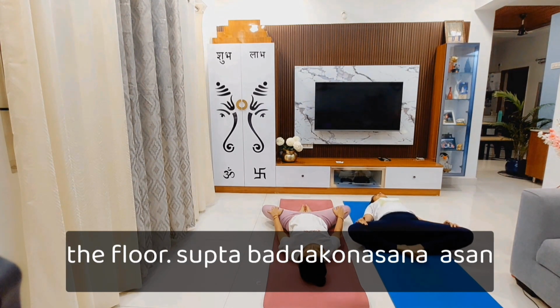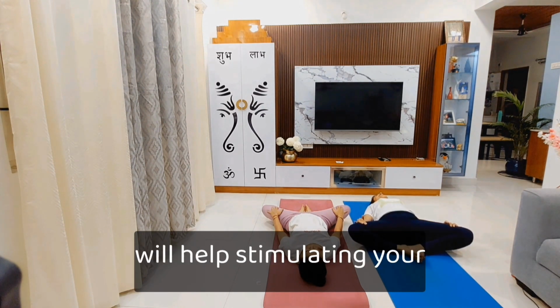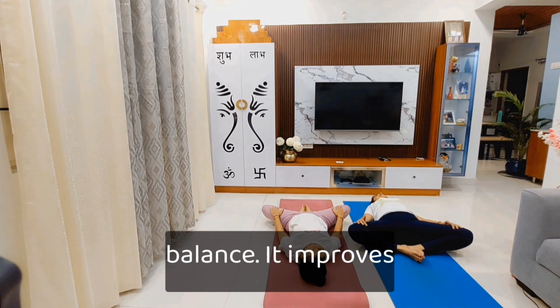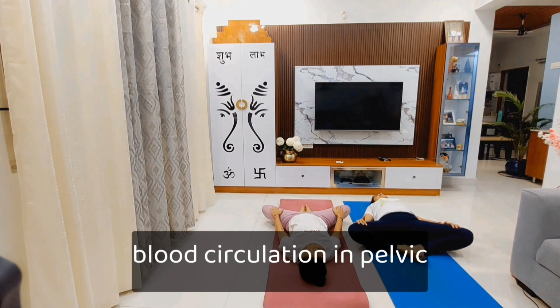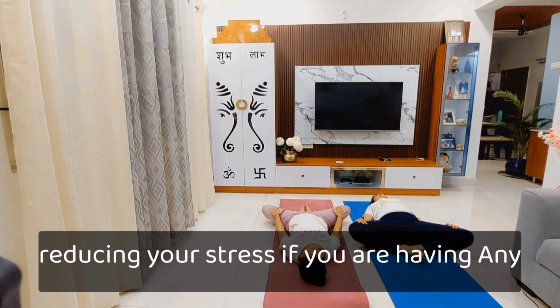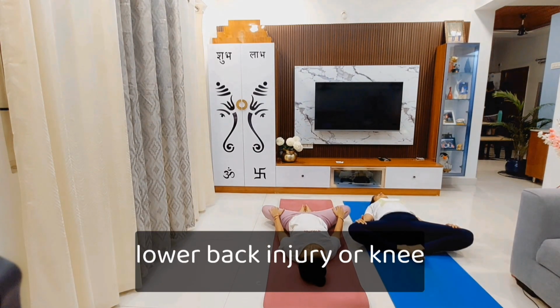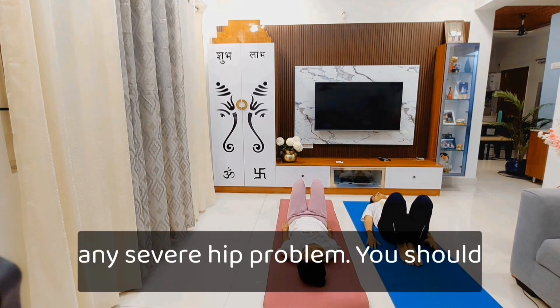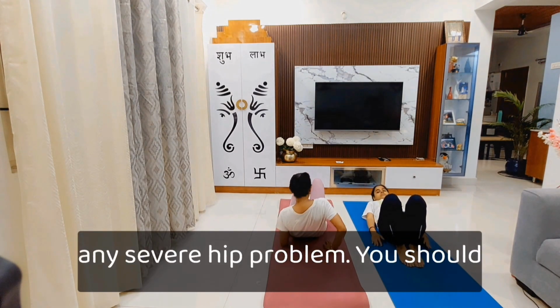Supta Baddha Konasana will help stimulate your ovaries and bring hormonal balance. It improves blood circulation in the pelvic region. It helps in reducing your stress. If you have any lower back injury, knee injury, or any severe hip problem, you should avoid